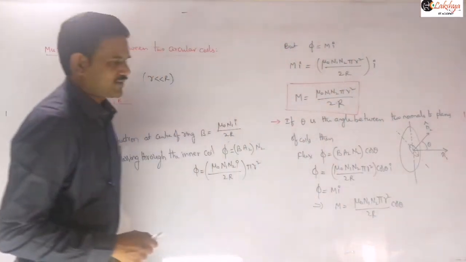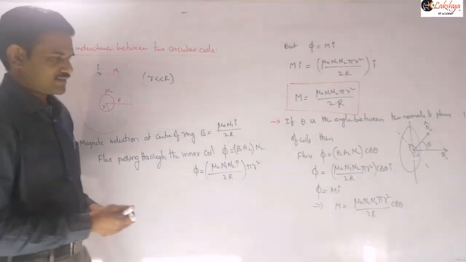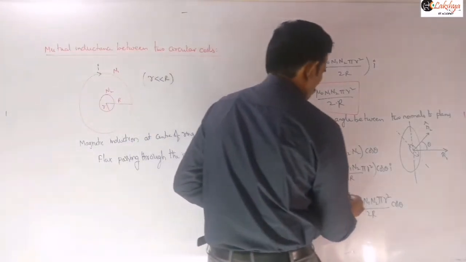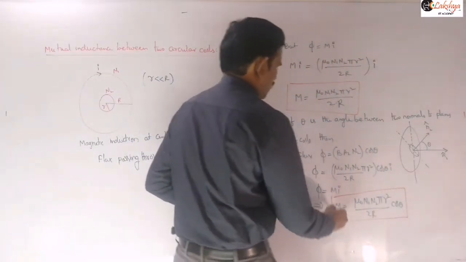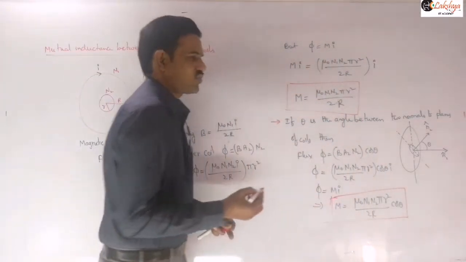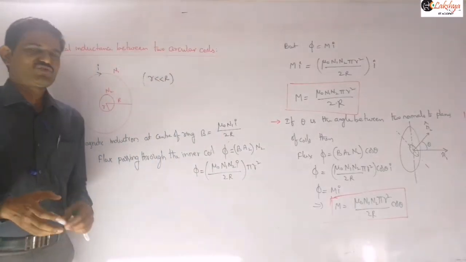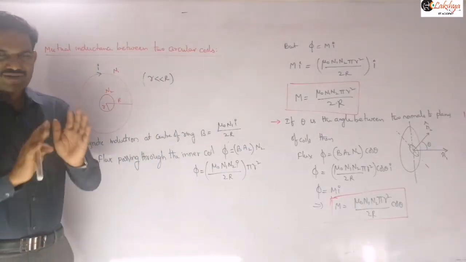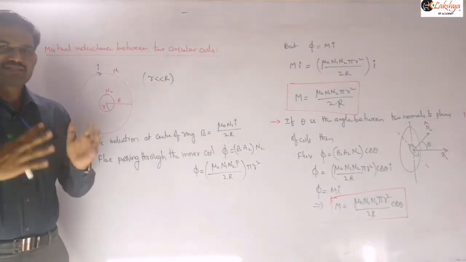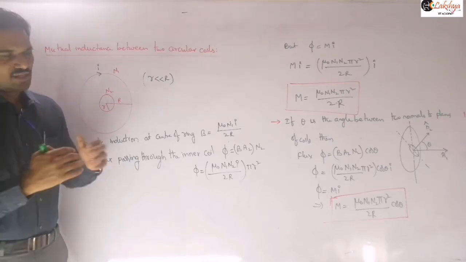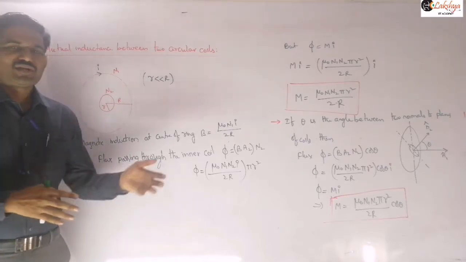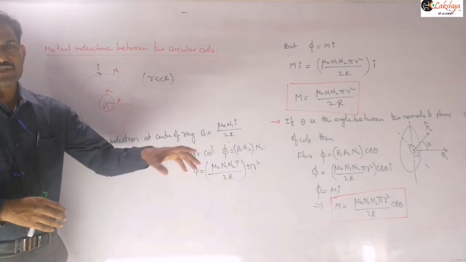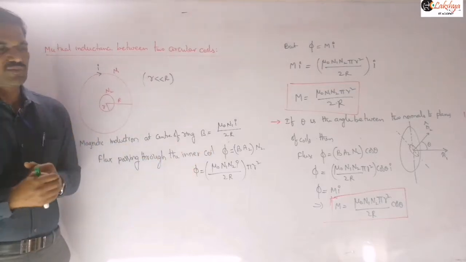So that is what I said in our last class. In the last class I mentioned that mutual inductance will also depend on the orientation of the coils. That means even for the same two coils the mutual inductance is not the same. If you change the position of those two coils at the same distance, then this mutual inductance between the coils will change. That means it depends on theta, how those coils are placed.